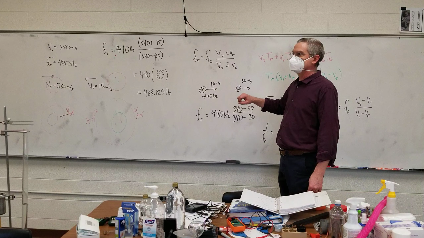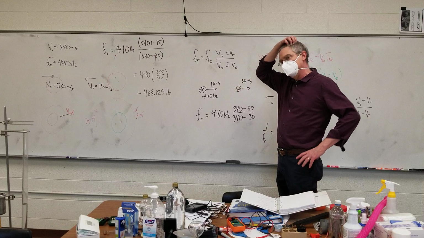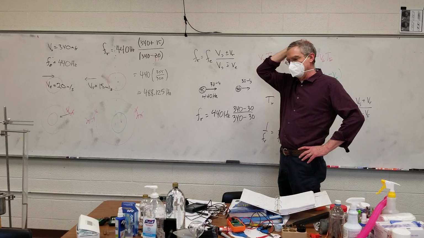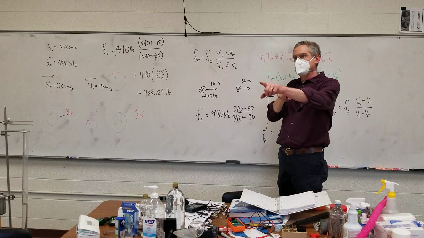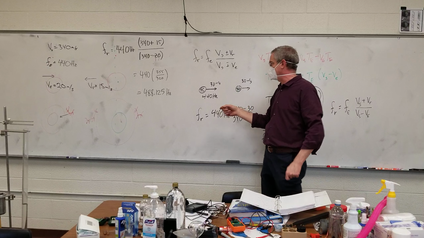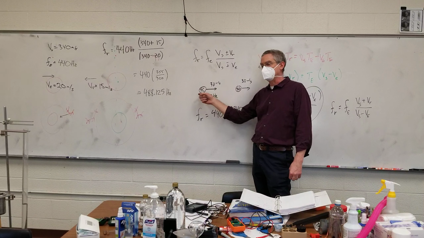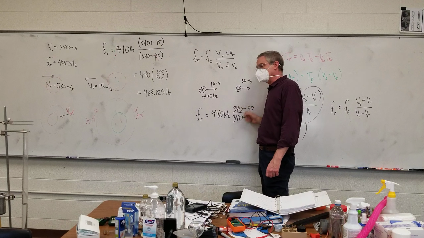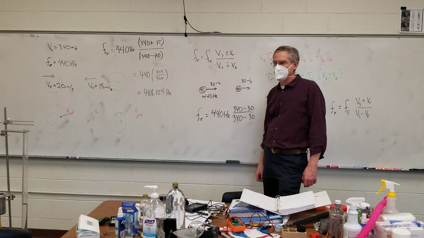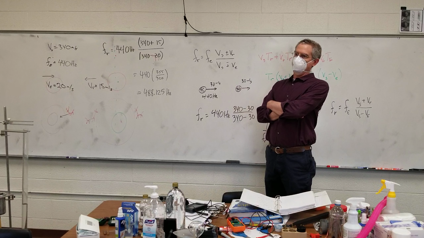All right, questions up to here? So it's going to be minus over minus if they're following each other, if the emitter is following the receiver. If the receiver is chasing the emitter, so somehow it gets turned around and the police car's running away and the bad guy's following, but the police car's the one still on the horn, then it would be plus plus. Okay. So if the emitter is the one that's following, then it's minus minus. Right. Okay. And then if the emitter is staying still and the receiver